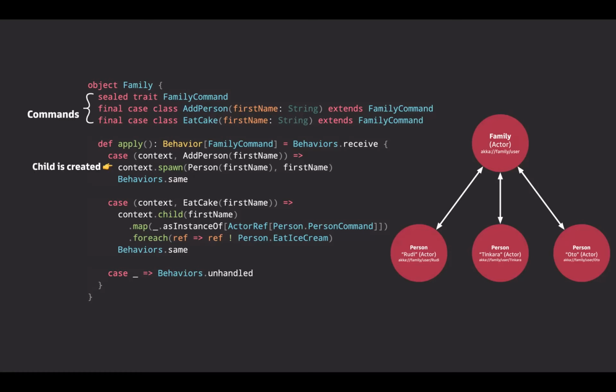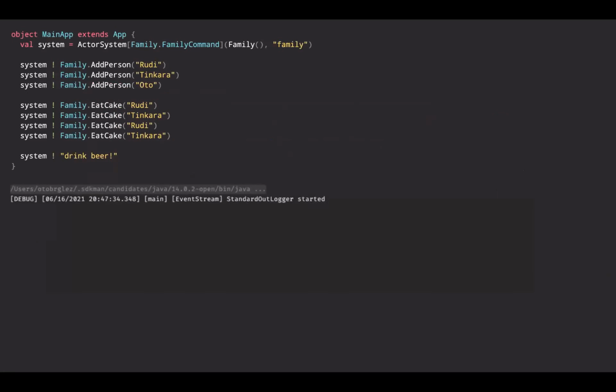So like I said, we define commands, and in this case, you can see this child context spawn. We create another child, and this actor is then aware of that. And if you want to communicate with these child actors, you again send them messages and get responses back to these messages. You can see that this child function and first name actually will try to find that child with the particular ID that was generated here from the name.